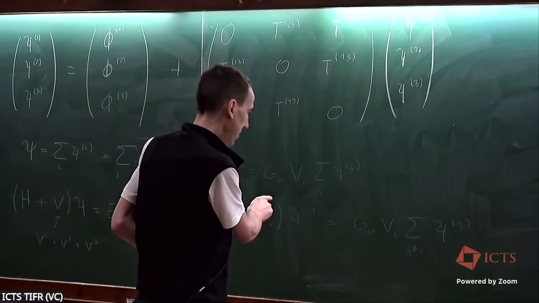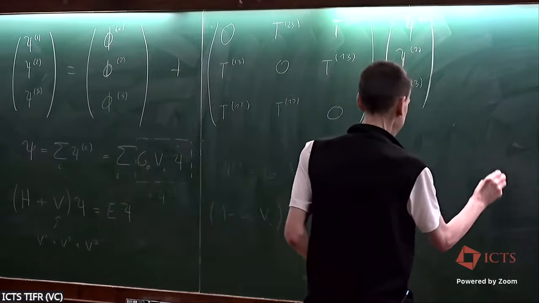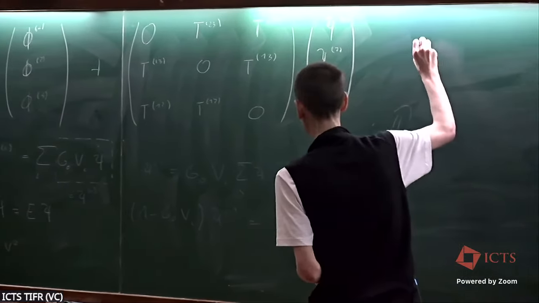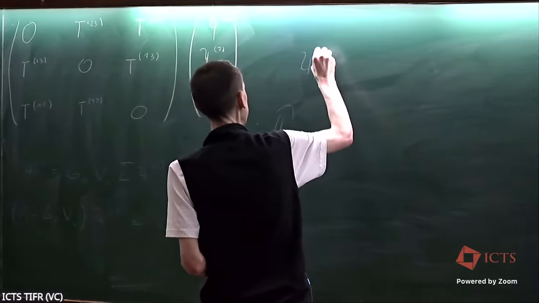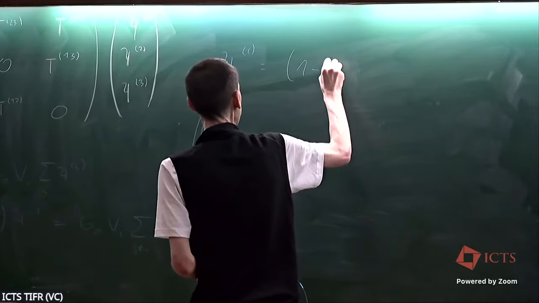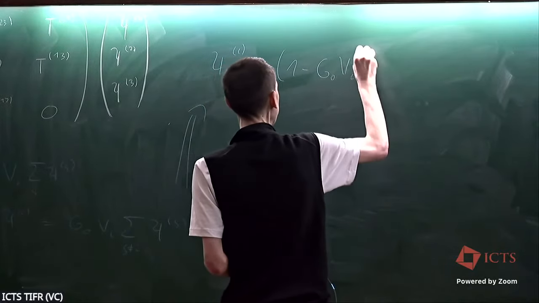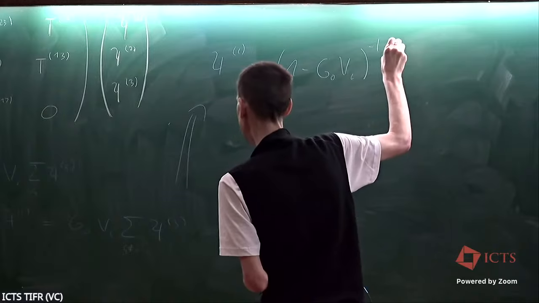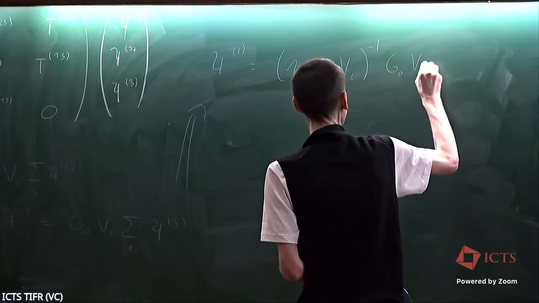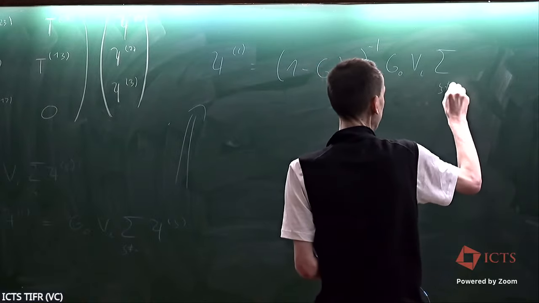Okay, so I invert that operator, and what I'm left with is, sorry, this gets a bit confusing, psi I, which is equal to 1 minus G naught Vi to the minus 1 G naught Vi, and then the sum over J not equal to I